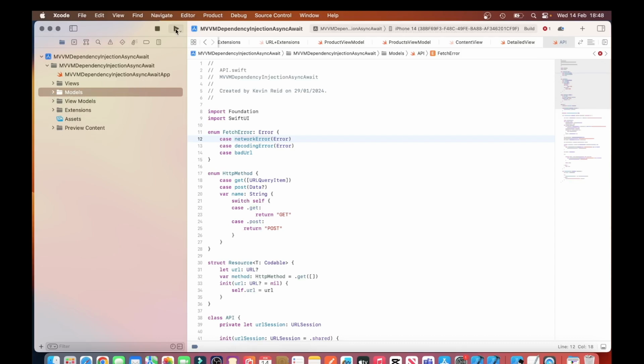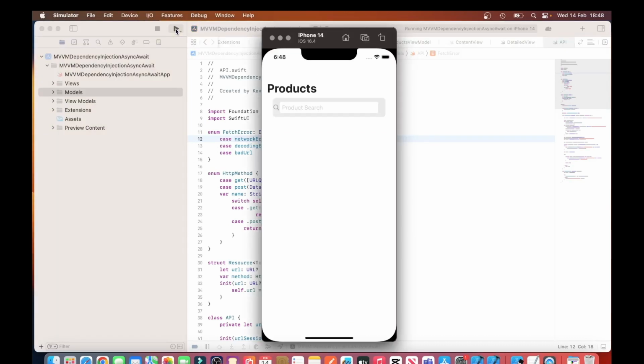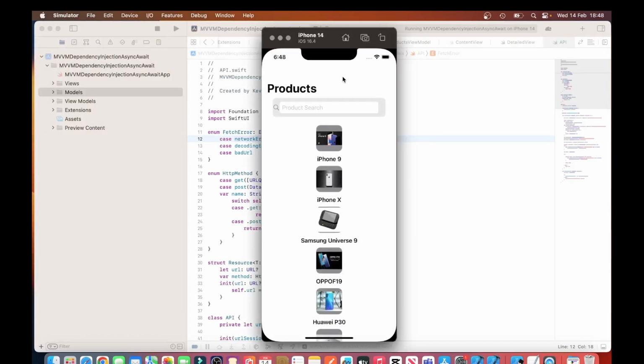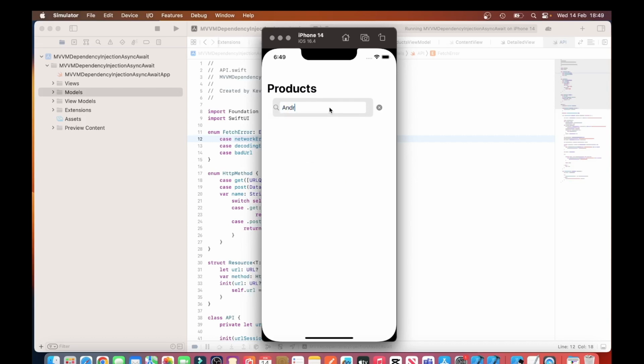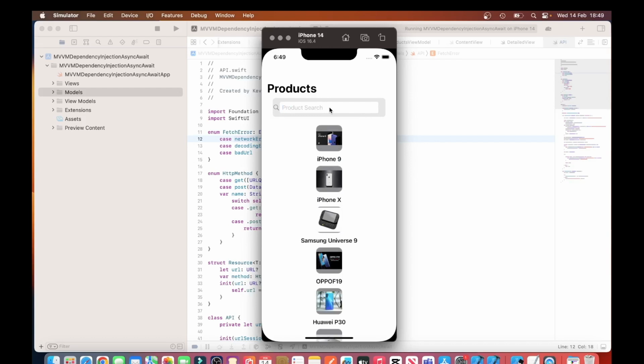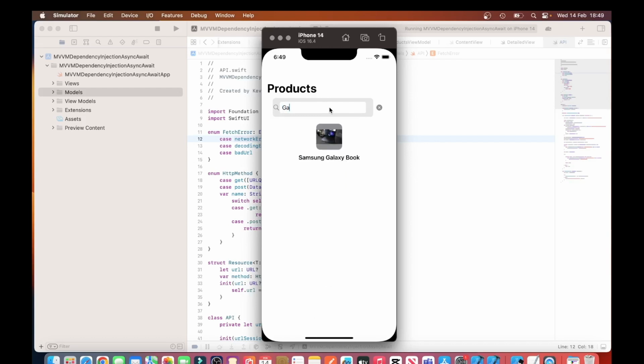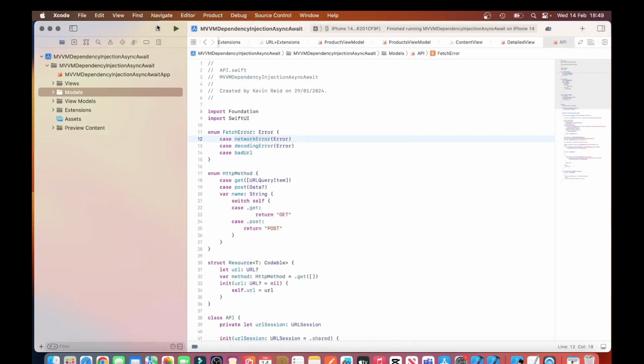I'll just run it again just to make sure I haven't broken anything. Just a little test, iPhone or Androids. Are there any Androids? Galaxy. Yeah, there's Galaxy. So now,